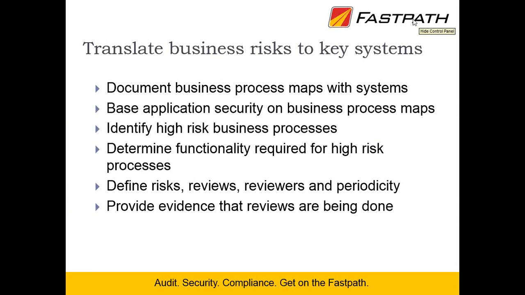So essentially what you want to do is define your reviews around those business processes, right, to say we review manual journal entries on a monthly basis because we see this as high risk. And then you're telling the auditor, here's the review we planned on doing, and here's the evidence that that review has occurred. You can add that right to the business process. And so now you're starting to build your audit plan, and once you have that audit plan, it's going to make your audits go much easier.